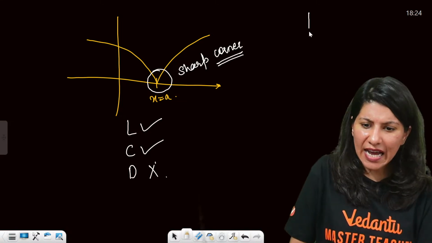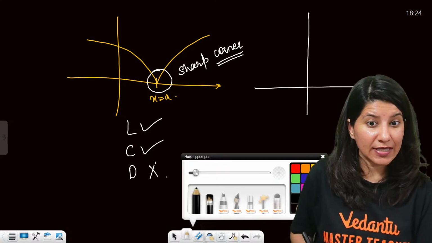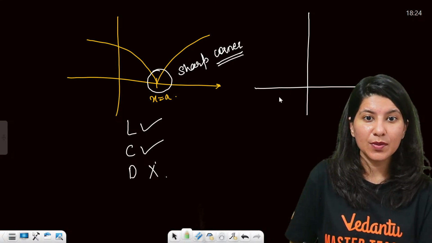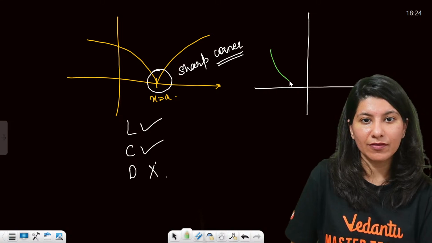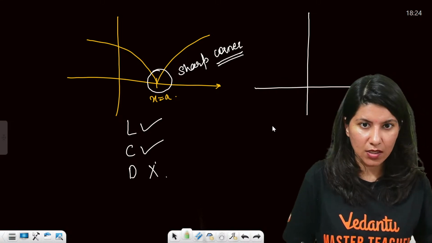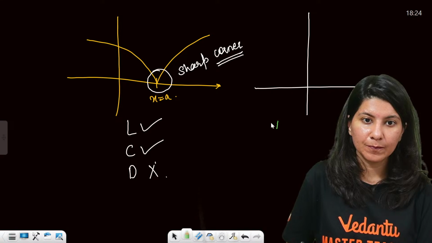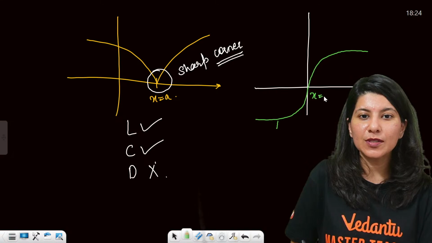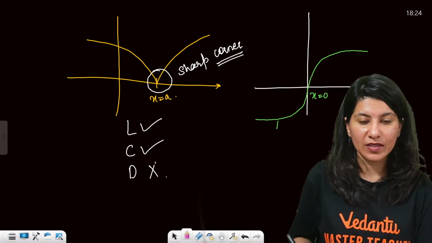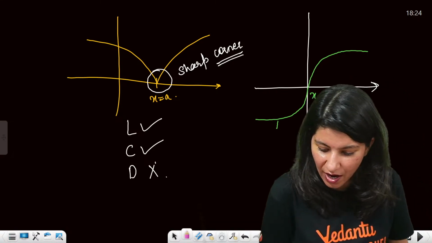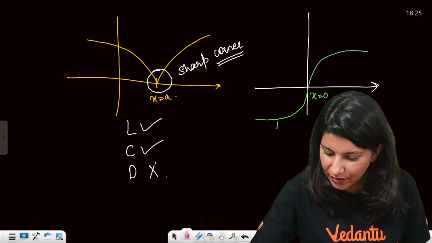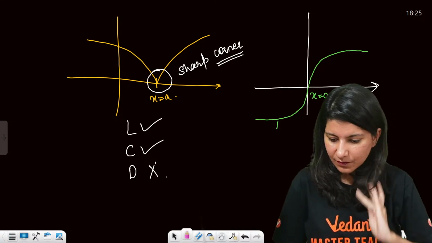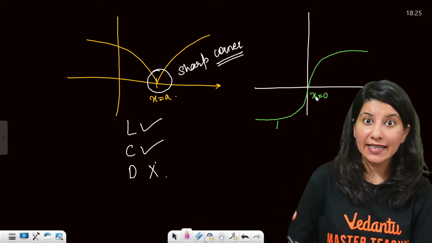And last, one more thing I would like to mention. This is a special case, by the way. You all should know. So suppose you are having this graph. Just tell me at x equals to 0, is it differentiable? Let's see how many of you are able to tell. Yes, absolutely right.